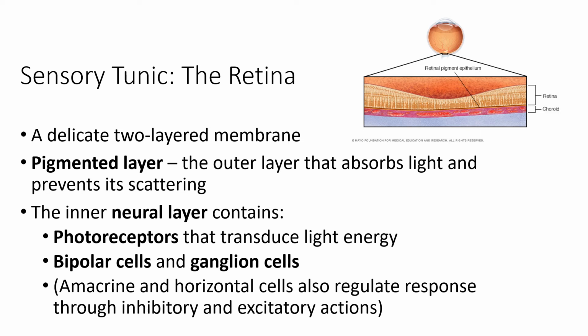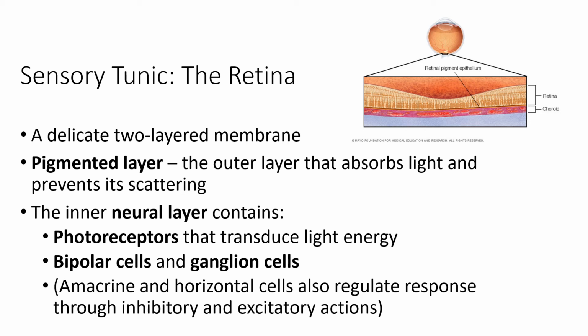Above that, we have the neuronal cells. So we have photoreceptive cells, and we have some other cells as well, known as bipolar cells and ganglion cells. And we'll get into that in a little bit. But what's interesting is light that comes into the eye has to pass through all these nerve cells. Not all of them are directly sensory, but the photons have to pass through that layer of nerve cells, and